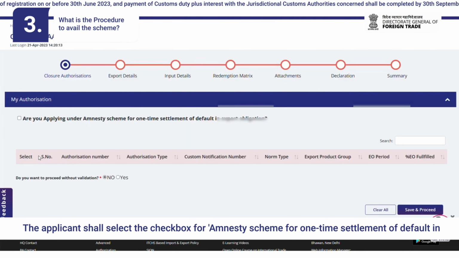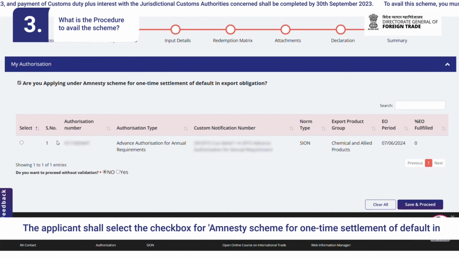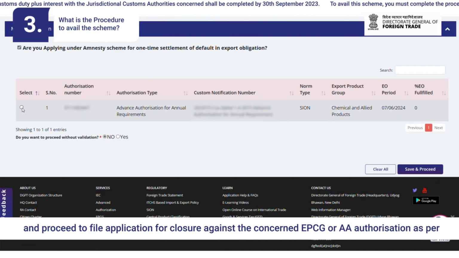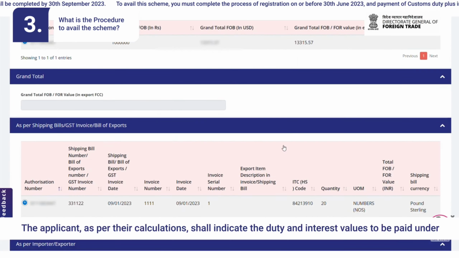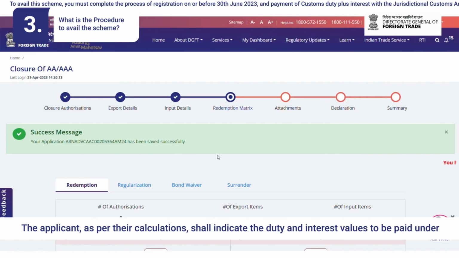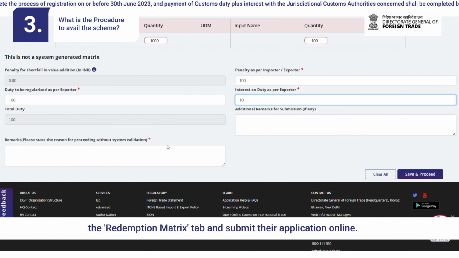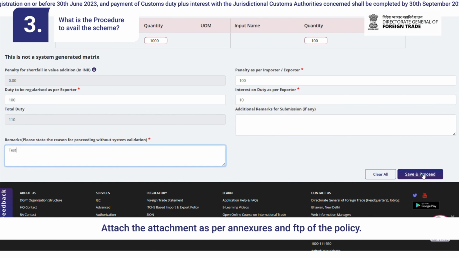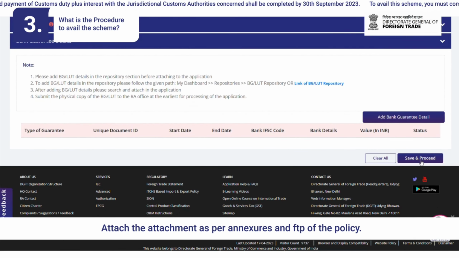The applicant shall select the checkbox for Amnesty Scheme for one-time settlement of default in export obligation and proceed to file application for closure against the concerned EPCG or AA authorization as per the online proforma. The applicant, as per their calculation, shall indicate the duty and interest values to be paid under the Redemption Matrix tab and submit their application online. Attach the attachments as per annexures and FTP of the policy.